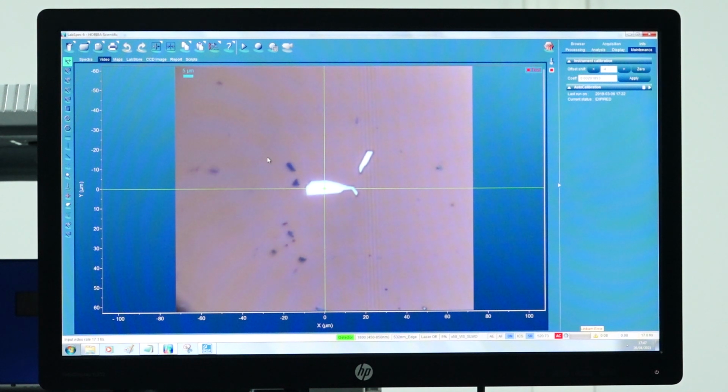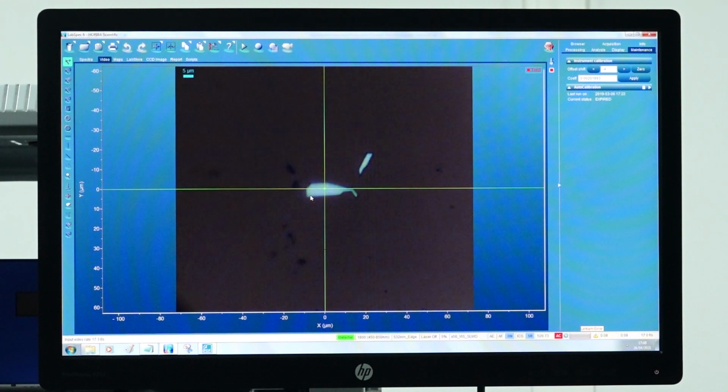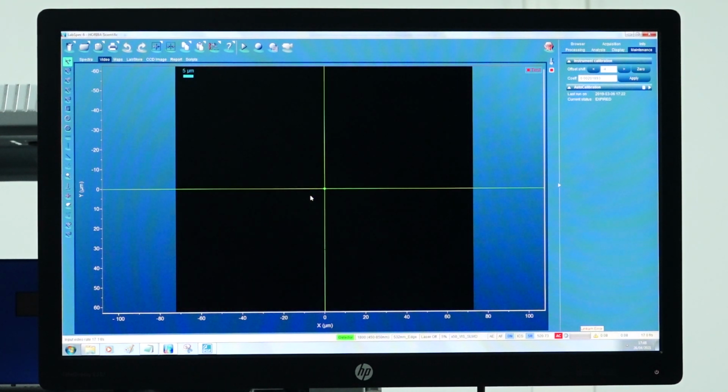To obtain Raman signal from this flake, which is actually many layers of MoS2, I'll move the joystick such that this green dot falls on this flake. Now that everything is in position, I'll switch off the illumination source so that it does not produce artifacts in the Raman signal. And I'll click on Stop All to stop all active processes.